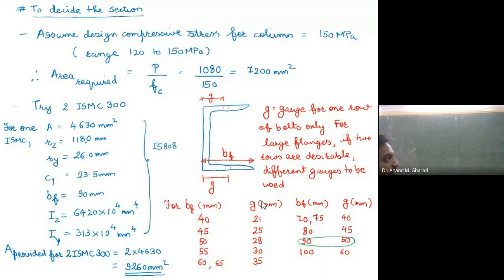Right. So there are a few things which you need to understand. ये देखो ये चैनल सेक्शन जो ड्रॉ किया है यहाँ पे, this is G, small g, which stands for the gauge for one row of bolts only. In our lacing or battening, generally we provide a single bolt in order to connect the lacing or batten. For that, if these are the two members, and if this is the lacing,